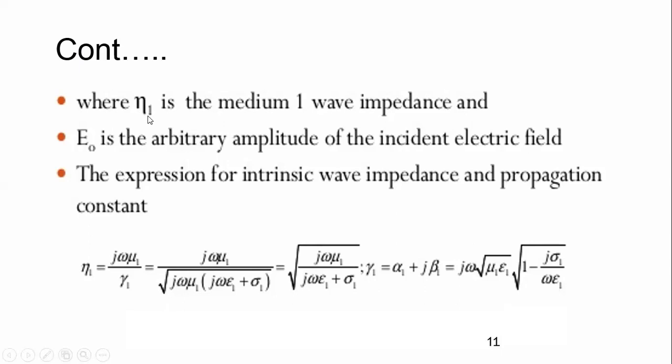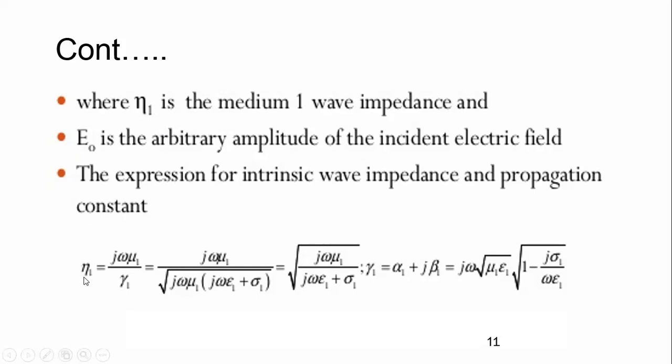So you can say the characteristic impedance eta 1 for the medium 1. Okay, we can write, and the E0 is nothing but again the incident electric field equation we are writing for the free space. So how we can write that characteristic impedance as well as the propagation constant equation, that is too important here, because if you want to write down the reflection coefficient and the transmission coefficient both, then you should know the expression of the propagation constant as well as the characteristic impedance. So at that time also you need to take care about medium 1 and 2.